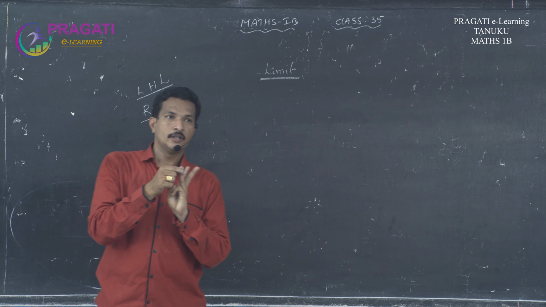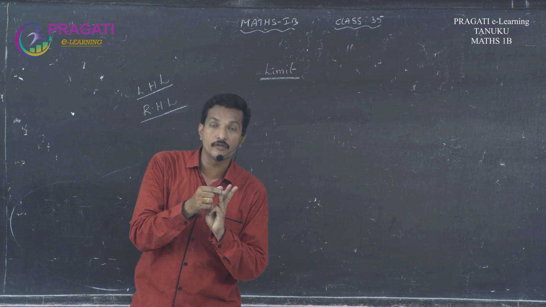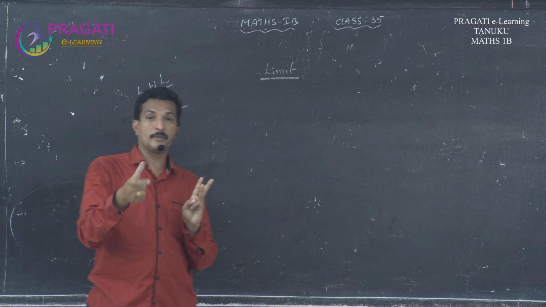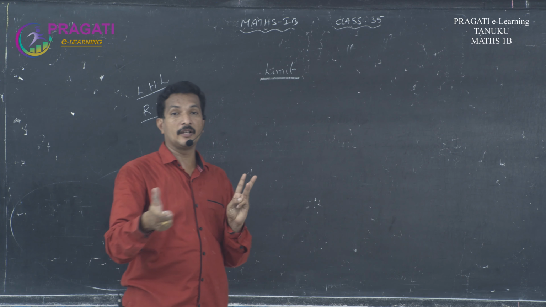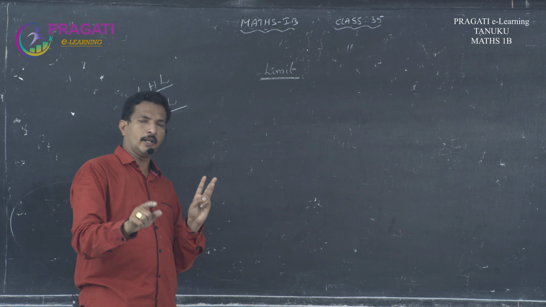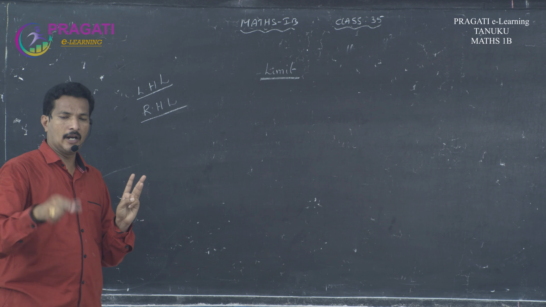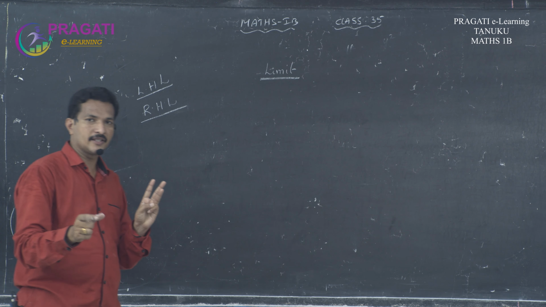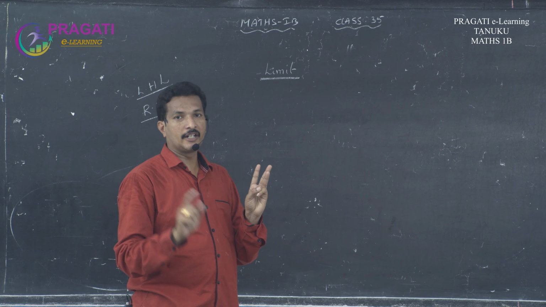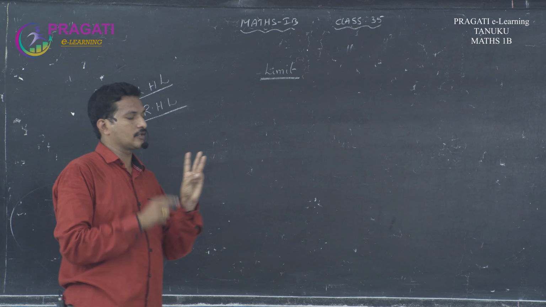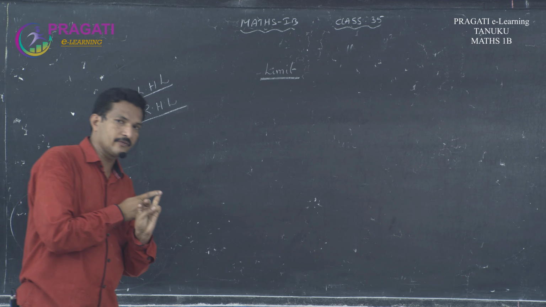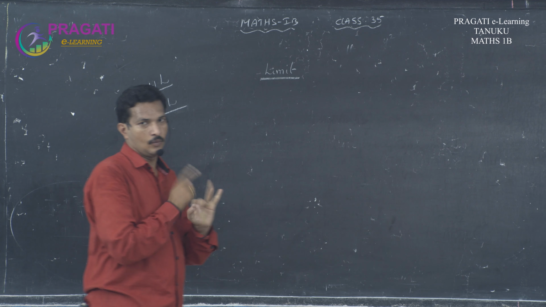Suppose the function is in terms of square root functions like root a minus b, root a plus b, root a minus root b, etc. Then we rationalize either the numerator or denominator or both, and then cancel a common factor in both numerator and denominator, and again we use the direct substitution method. Here there are 3 models. First one is direct substitution, the second one is factorization and the third one is rationalization. What is the fourth one?